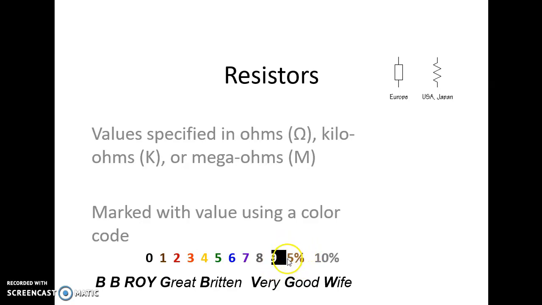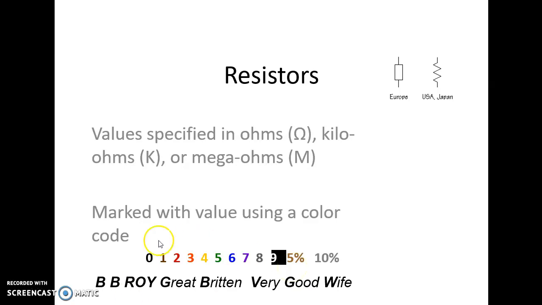This is one more band on a resistor, which is called the tolerance band. Now first of all, we'll see what the colors are. Here we have a golden band which has a tolerance of 5%, and a silver band with a tolerance of 10%. And if we don't have any band, then we consider a tolerance of 20%. We'll understand this one by one.